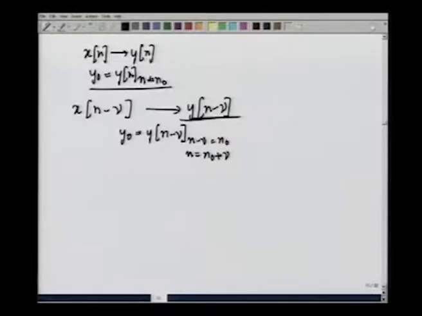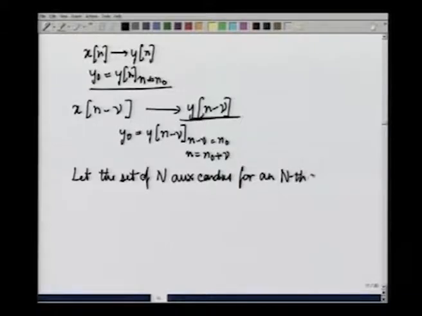That is to say, let us consider the case when points have been given at capital N different places, that is to say, let the set of n auxiliary conditions for an nth order system be in the form